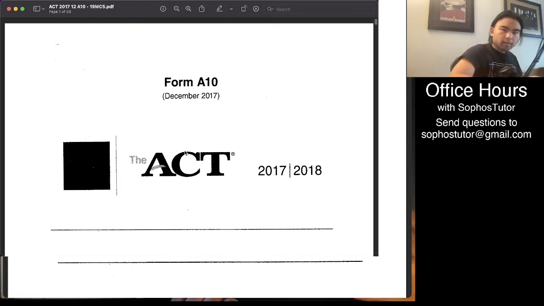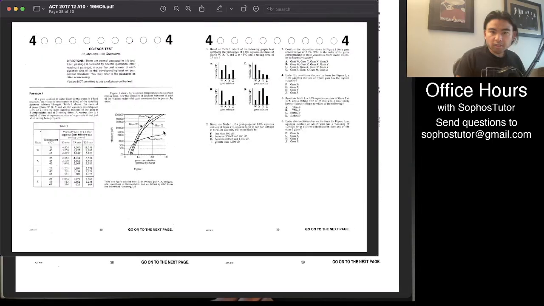This is the ACT from December of 2017, form A10. This test was printed in the ACT guide. I believe it was the 2019 and 2020 guide. I forget the year, but it was featured as practice test 5. We're going to go down to the science section,